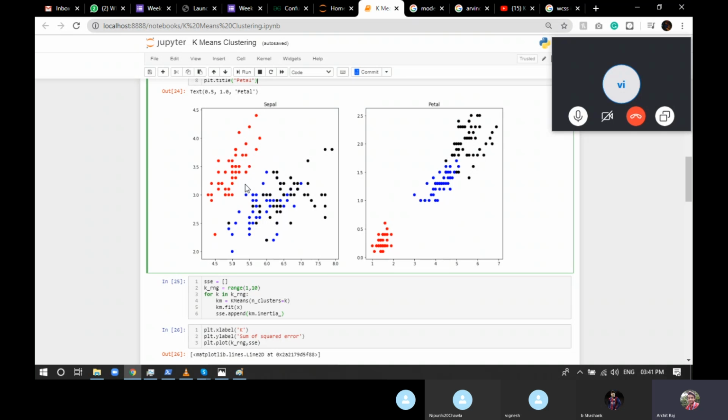In the first diagram, you can see it's a bit messed up. Red is completely isolated, but blue and black are completely submerged into one another. And in this one, you can easily find red as a separate one. Blue and black are still a bit submerged, but it's fine. You can find an in-between line, but in the first it's not possible.